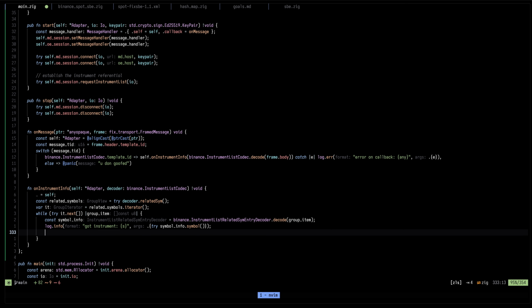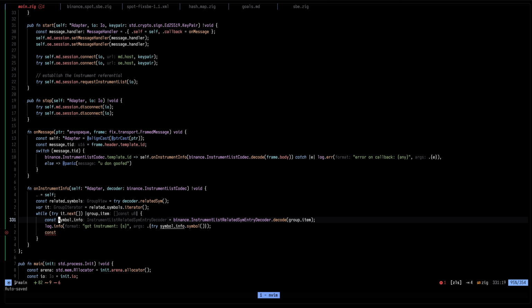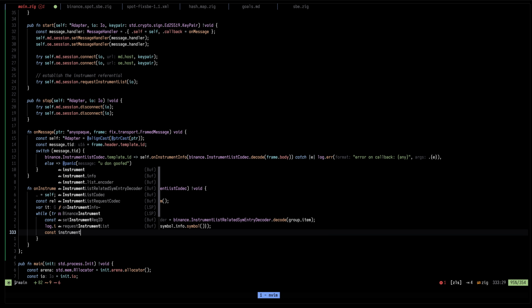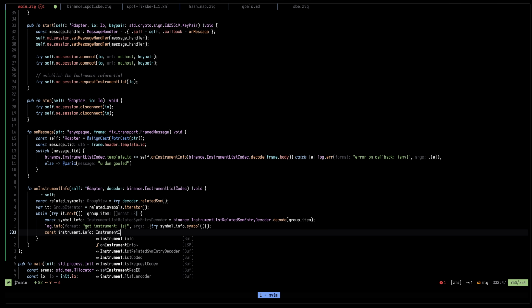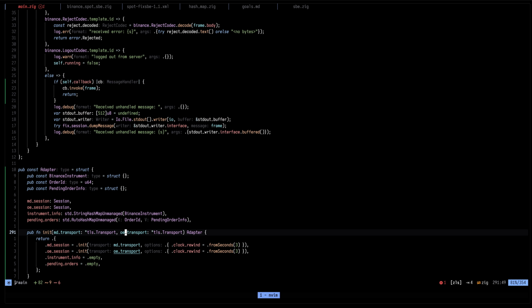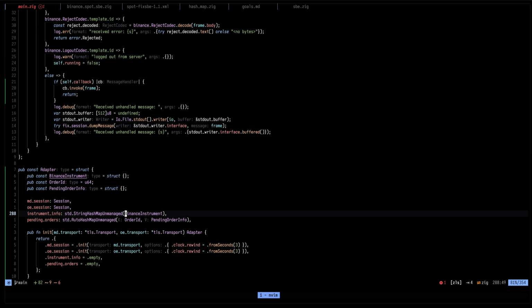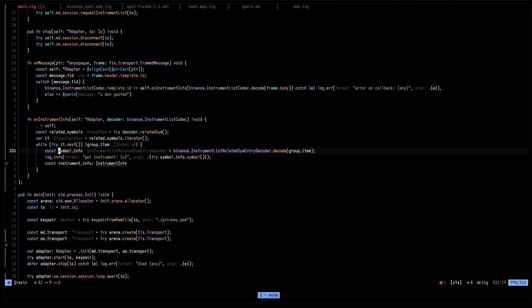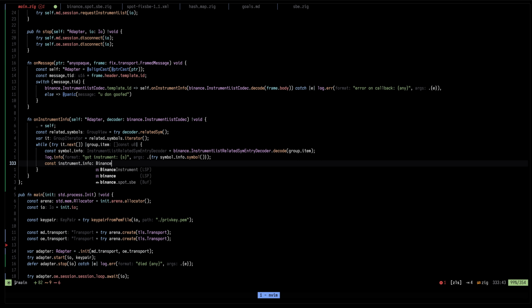So we need to create const. So how do we go about this? Instrument info is sort of instrument info. Did I create something like this? Wait, what did I call that? Binance instrument. Sure. Binance instrument. And that means that this guy here now gets